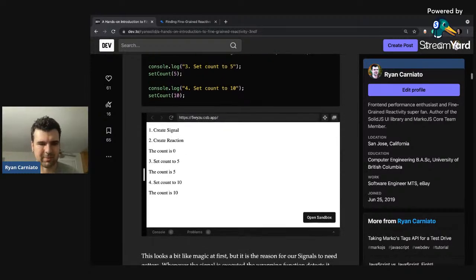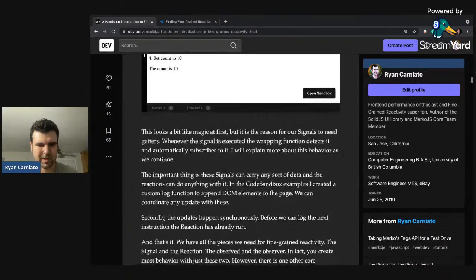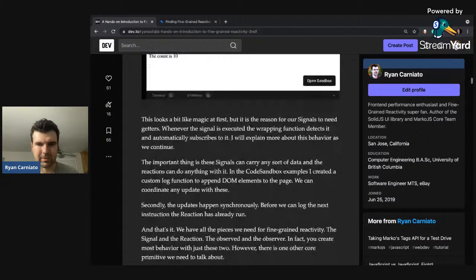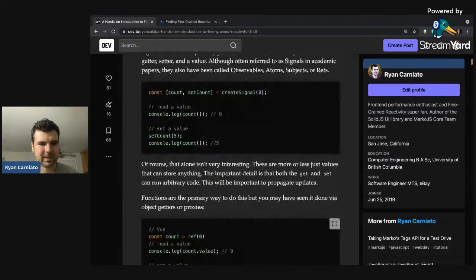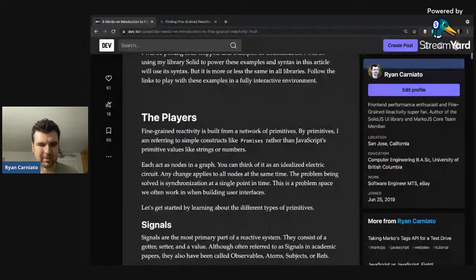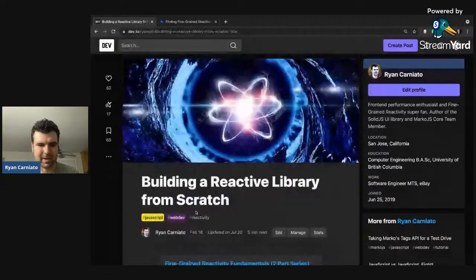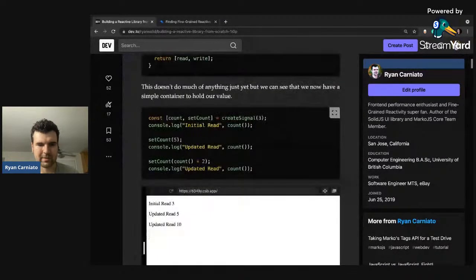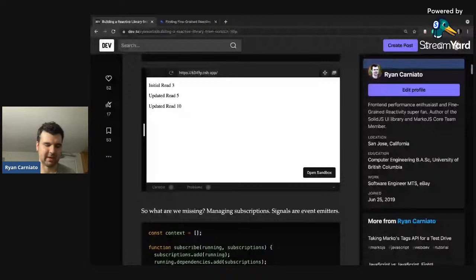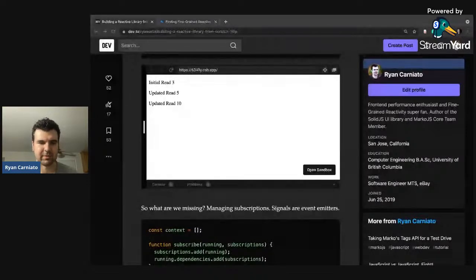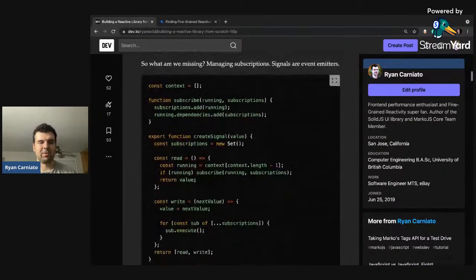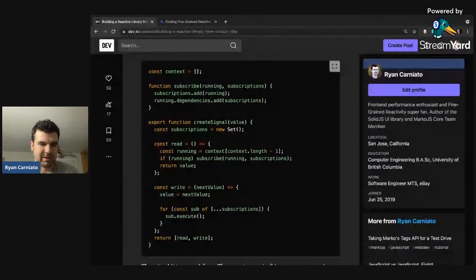Nothing too unexpected if you've seen these kinds of libraries before, but I'm going to go a little bit further than that. I'm going to take a moment here. This is probably going to be one of the heavier parts of the stream, and actually break down what is happening between that reaction and signal interaction. I've given more simplified versions of this in my React Finland talk. The difference is